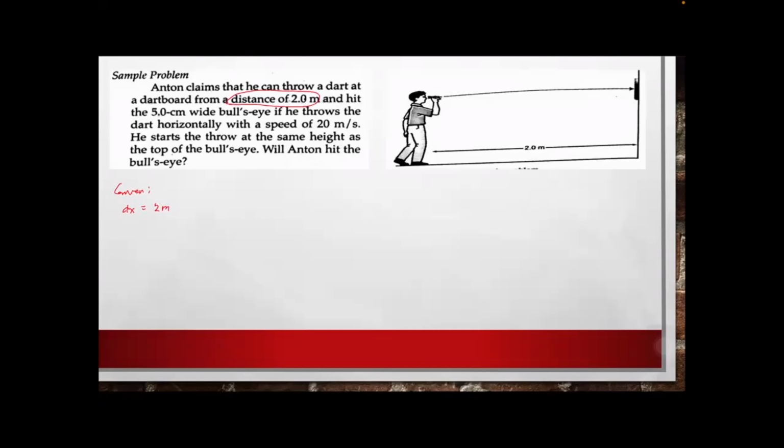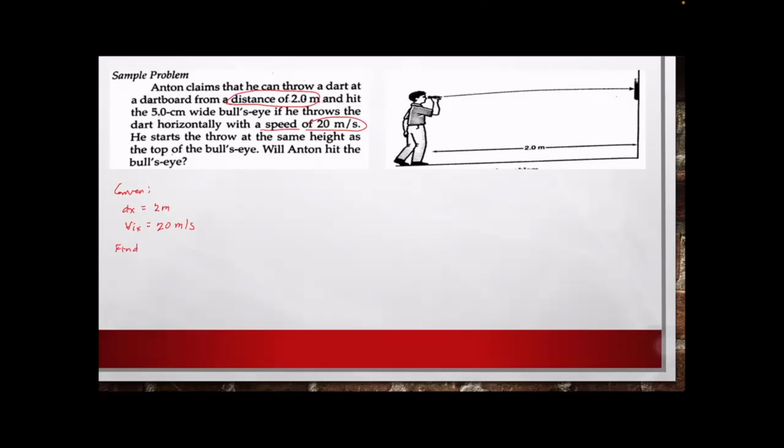The next is the v sub i, the initial velocity of x is equal to 20 meters per second. Ayan. Kasi if you throw horizontally with the speed of 20 meters per second, that is initial. So magkakaroon tayo dito ng 20 meters per second. Then, ang hinahanap natin is